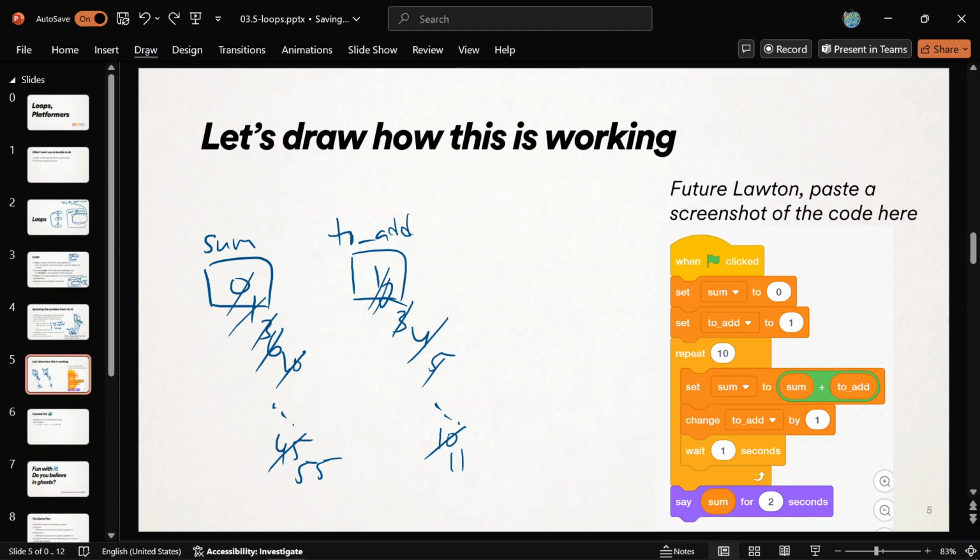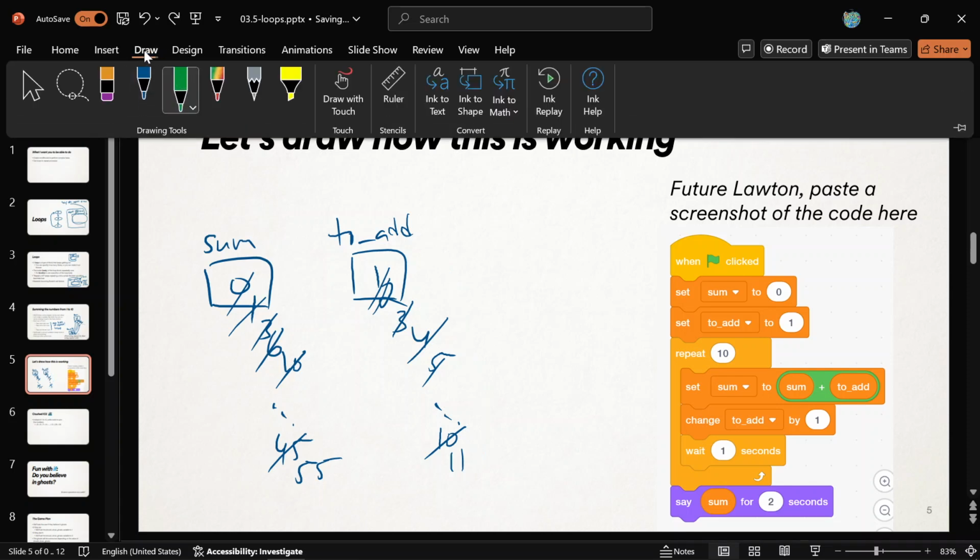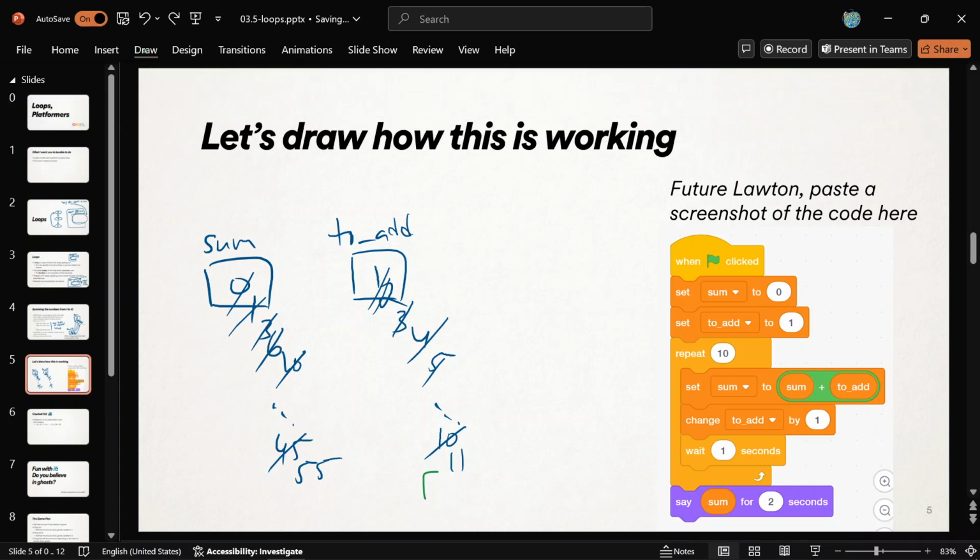What I'd like to do is teach you the repeat until block. So we have to come up now with a pointy condition that we could put here. I want to keep on repeating these things until something is true. This keeps going until 11, and then we stop, right? We don't want to add in the 11. That's too late. That's too many numbers. This is important. We want to stop when